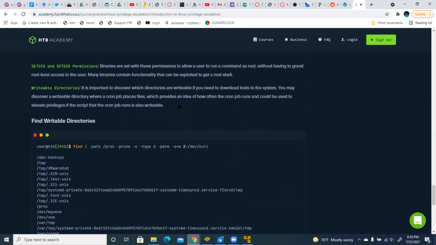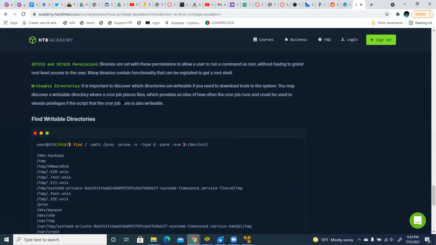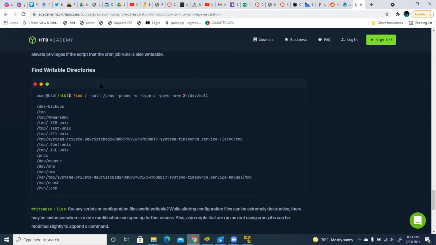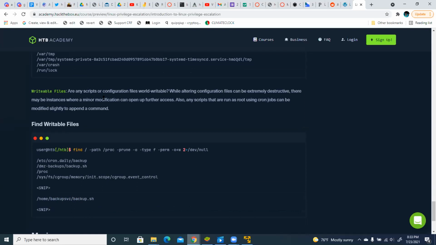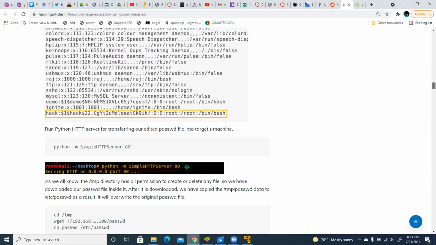And writable directories. If you want to download tools to the system, you could see where a writable directory is, and then you can see where cron jobs are and use them to elevate privileges in the script. And if the script the cron job runs is also writable, that's useful too. So finding writable directories. Writable files: are any scripts or configuration files world writable? While altering configuration files can be extremely disruptive, there may be instances where a minor modification can open up further access. Also, any scripts that are run as root using cron jobs can be used to slightly modify or append a command. As said before about these permissions,